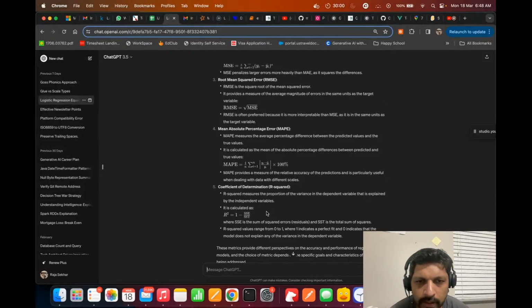It is one minus the sum of squared errors over the total sum of squares. The R squared value ranges from 0 to 1. 1 indicates a perfect fit and 0 indicates